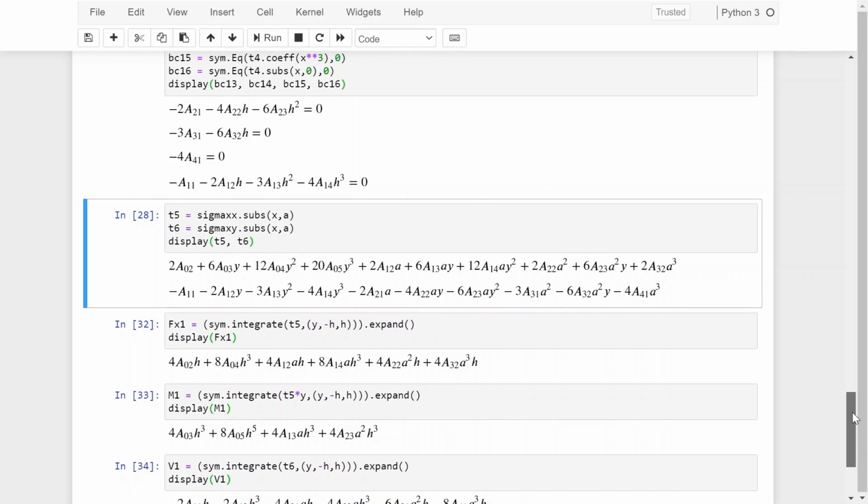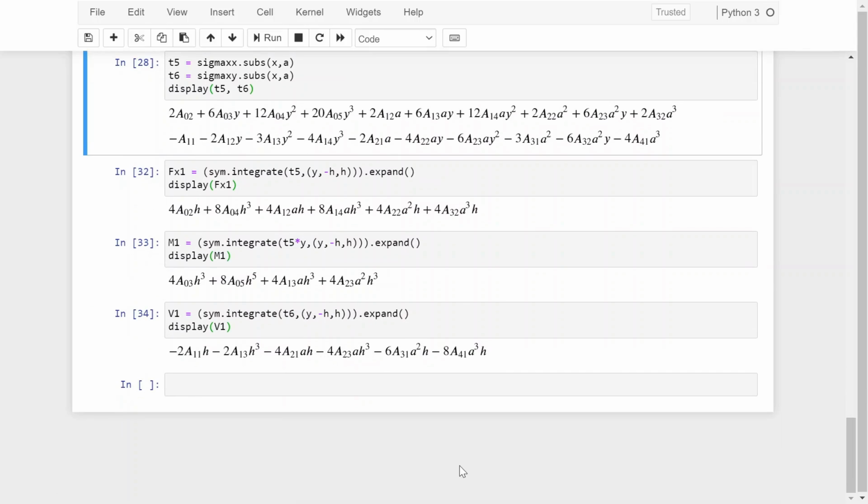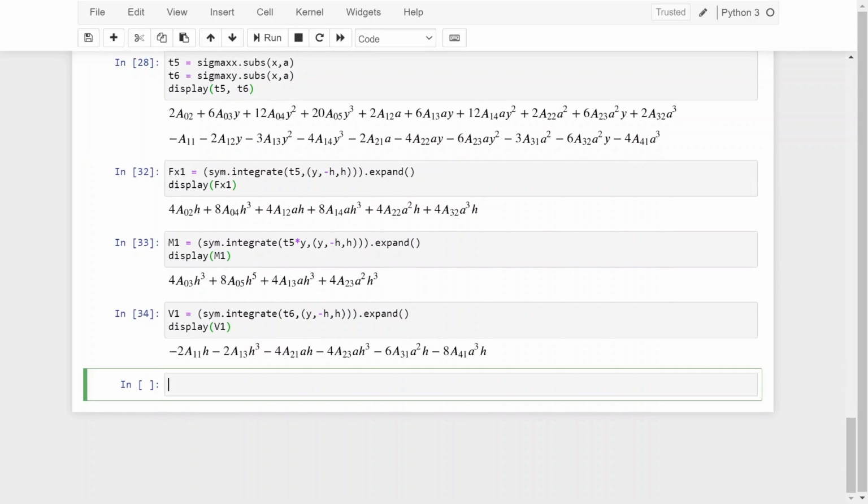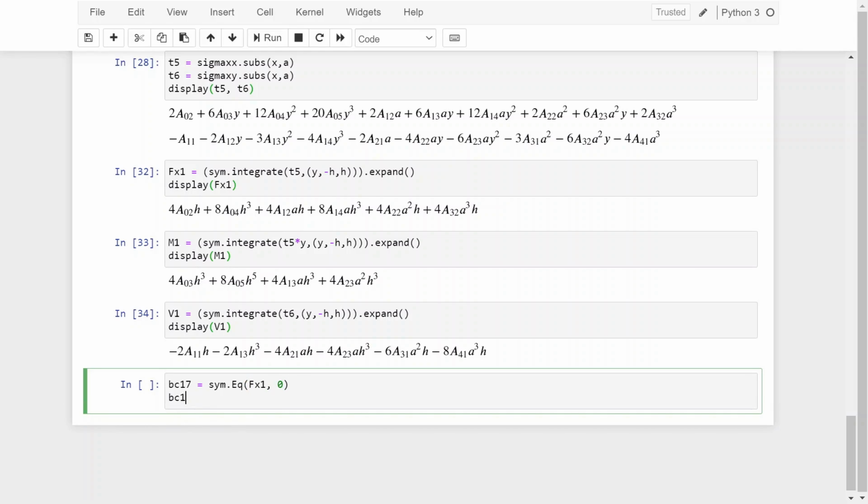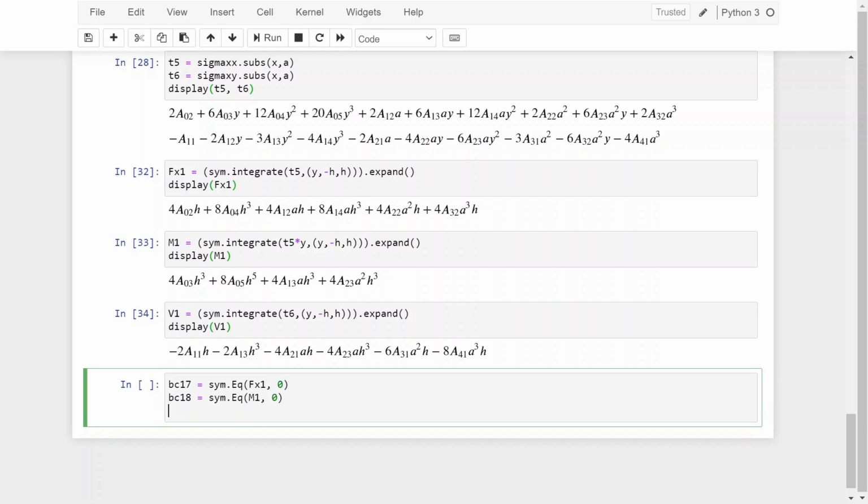Now the point was that the last thing that we had written there was BC 16. So now we have to start from BC 17. Okay, so BC 17 will correspond to this, the fx1. So sim dot equation fx1, that fx1 is equal to 0. BC 18 will be sim dot equation m1, that will be equal to 0, and BC 19, we take a